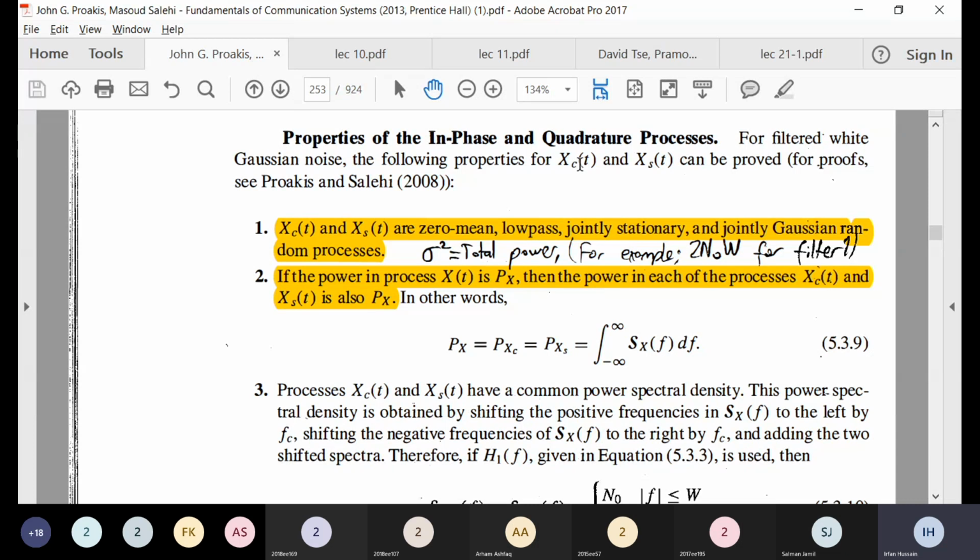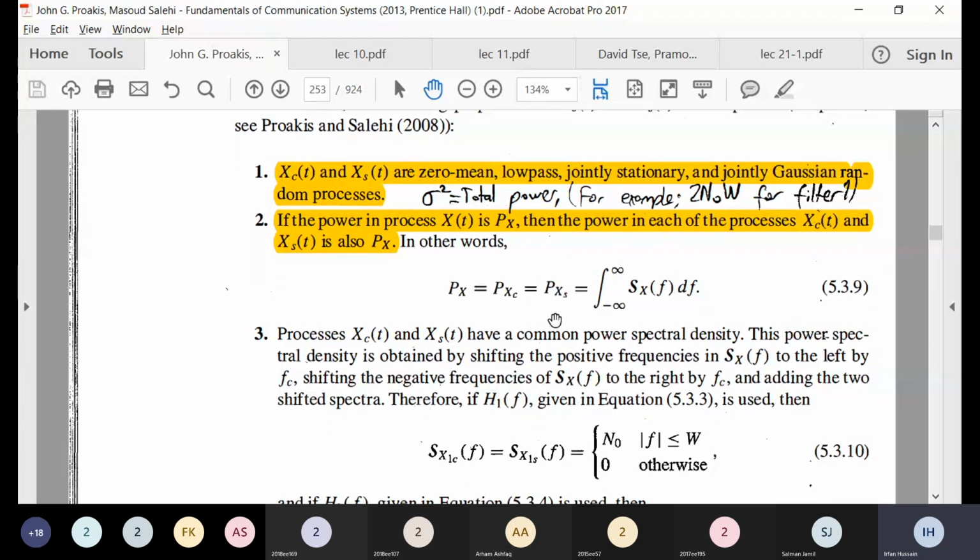They are the low pass version of your band pass signal, and they are also jointly stationary, jointly Gaussian random processes, and all that. The power is the same in the cosine or in phase component as well as in the quadrature component. So you can see the PSD of the real, the cosine